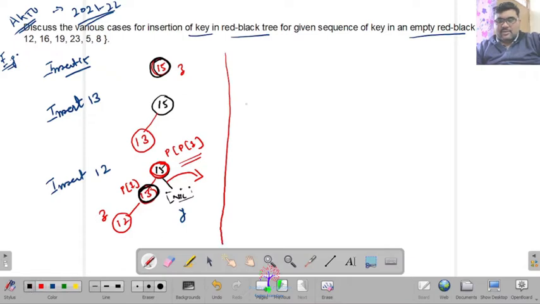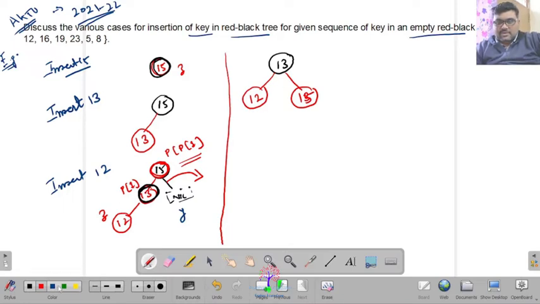You will get this. 13 will come here, and 12 comes here. Sorry, 15 is at this side. So this is the situation.